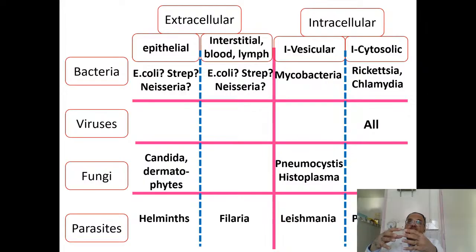If something is hiding inside the cells, antibodies normally would not have access to that region. So antibodies would defend the extracellular space, and then we'll have to give the intracellular space to T cells. Later, we will see that this is an oversimplification because B cells and T cells would always work together. But as I mentioned, this is a simplified representation.